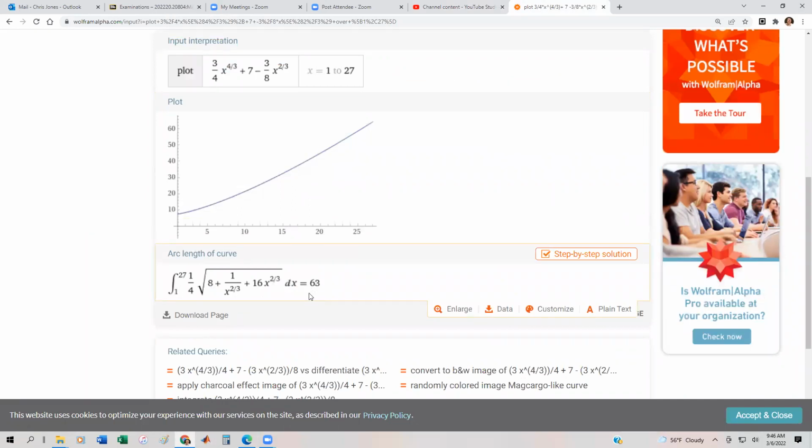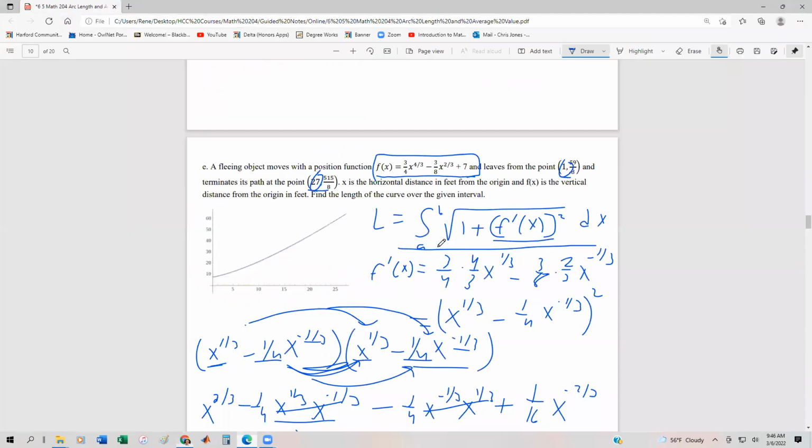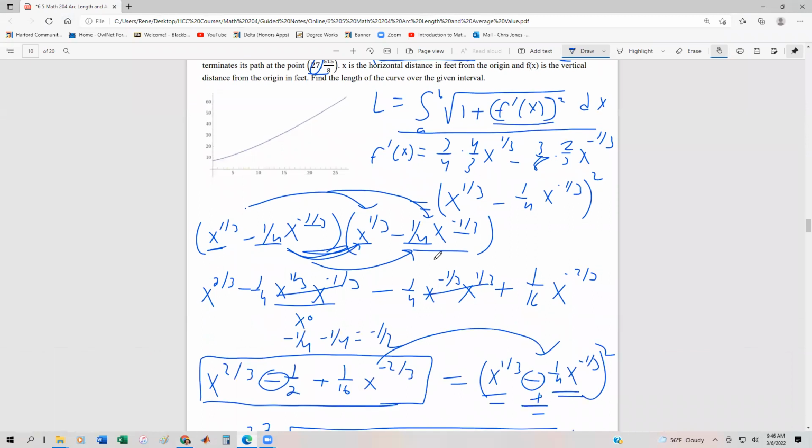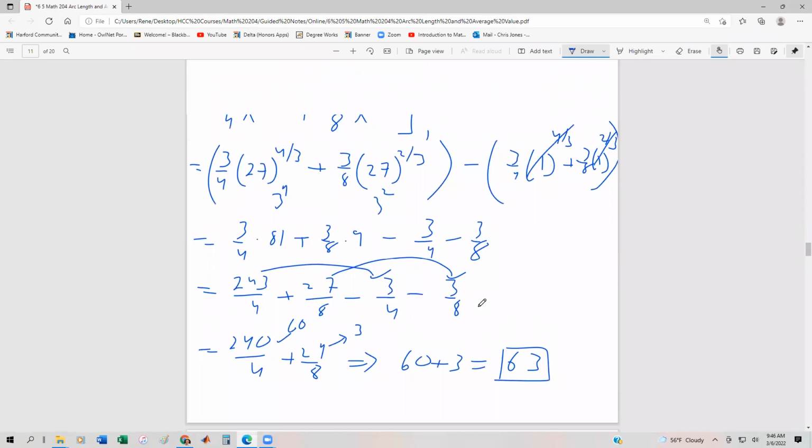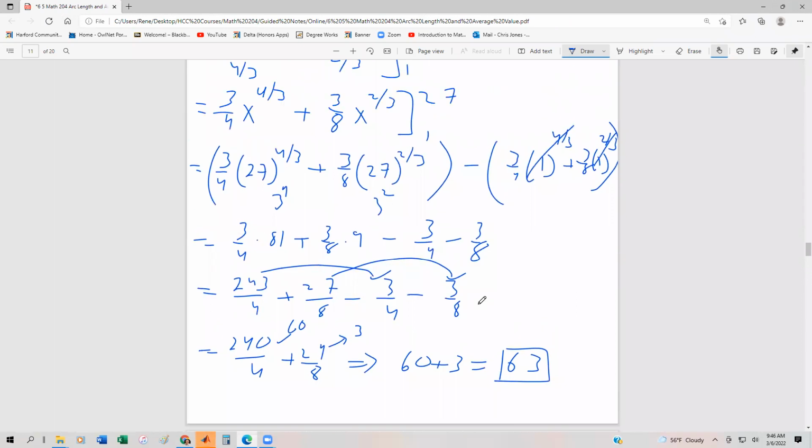So again, when you're doing your homework problems, use Wolfram Alpha to check. But on an examination, all the work right here is precisely what I would expect our students to be able to show. So that's all for arc length. In the next section, we're going to take a look at a little bit easier topic, which is going to be the average value of